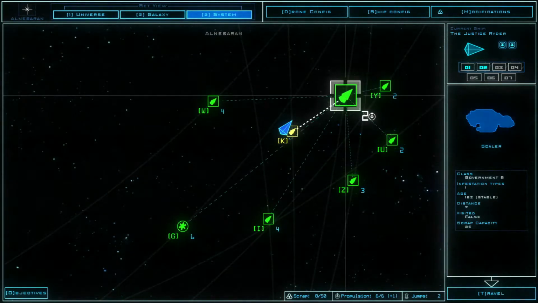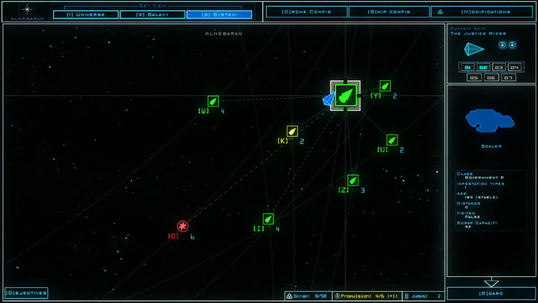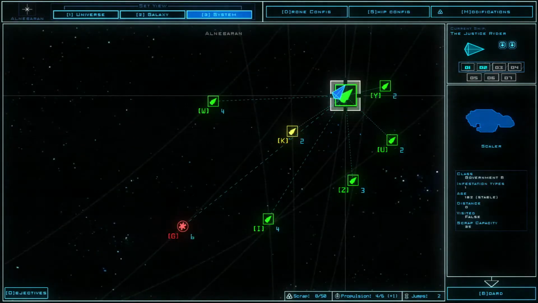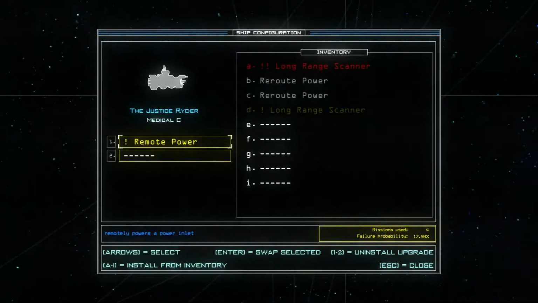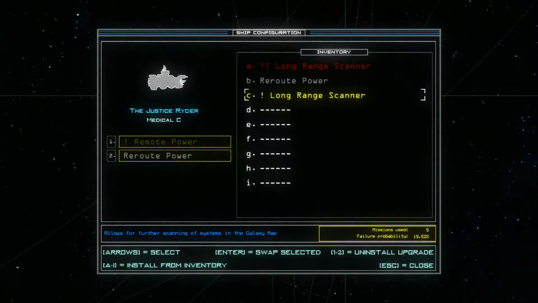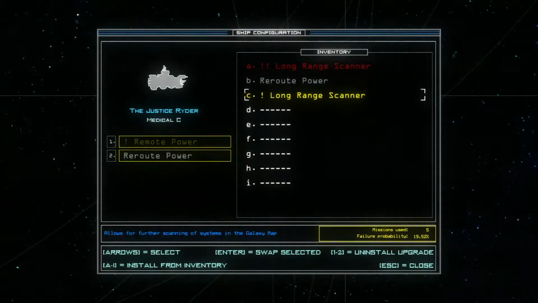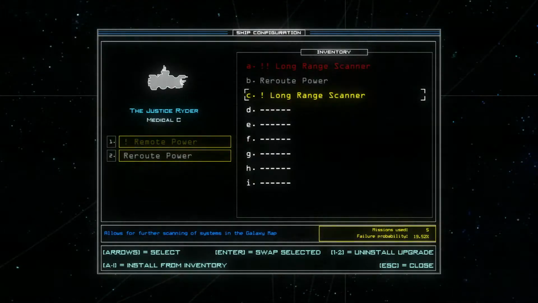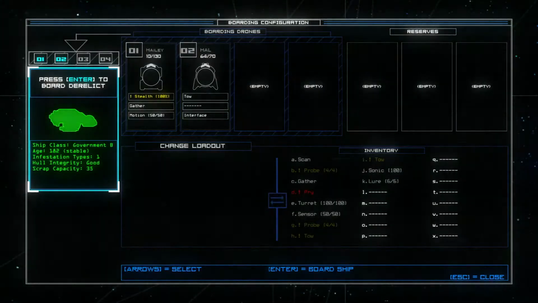Let's go for one of the stable ones, since we're not in the strongest position right now. Yes, the long-range scanner. Man, the long-range scanner really does not last long. I feel like I want to get rid of this for now. We'll include reroute power. That's useful too, although I don't know how useful it's going to be if we're using remote power. Well, it could be, I guess. So...